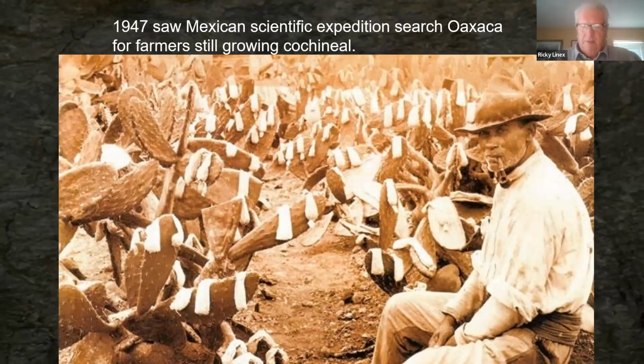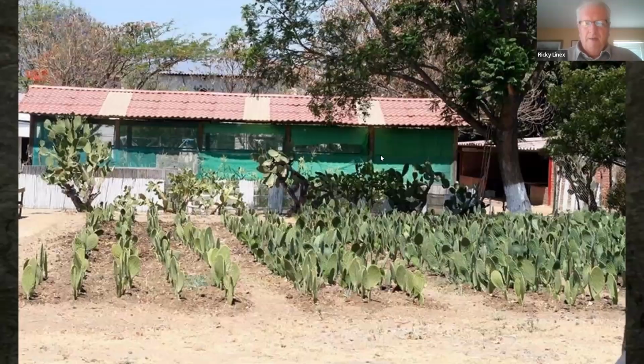And I'm not sure because this photo wasn't explained, this could have been bugs that had been brought from somewhere else and they were fixing to put them out on these prickly pear plants. And here's a modern day photo in Mexico. Look at the garden of prickly pear. They're still farming it,